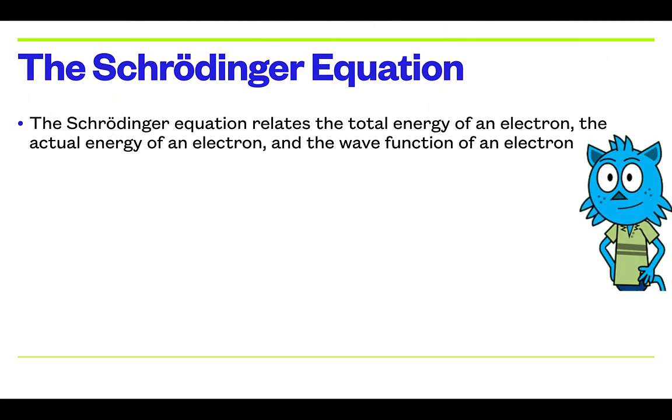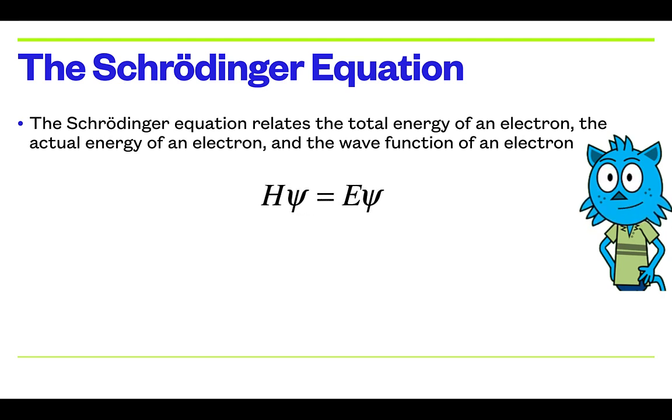Now, in order to describe these motions of electrons relating to the total energy of the electron, in terms of math, we have something that is called the Schrodinger equation. The Schrodinger equation looks at the total energy of the electron, the actual energy of the electron, and the wave function of an electron. The wave function is nothing more than a combination of exponentials and sine waves used to describe the motion of an electron as it goes around an atom. It is a three-dimensional wave function, so it is fairly complex, and it does have components in the x, y, and z direction, or sometimes it's put into radial coordinates as well.